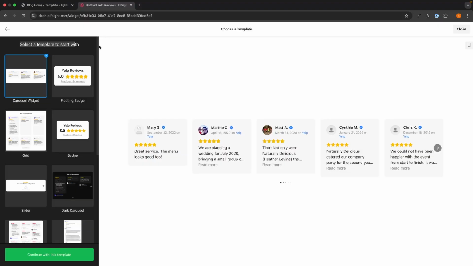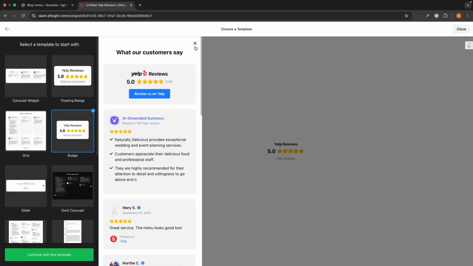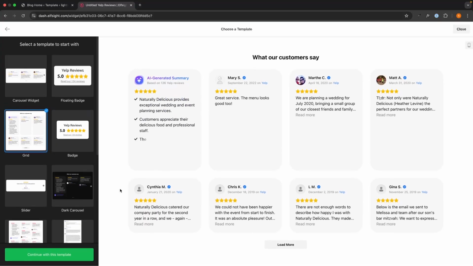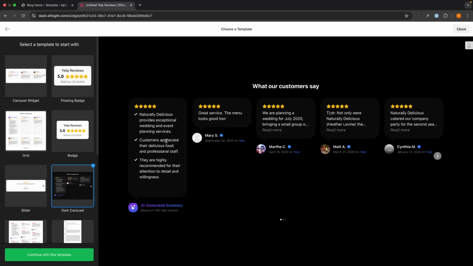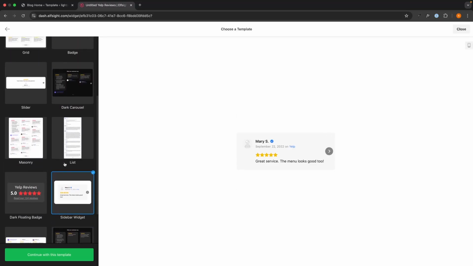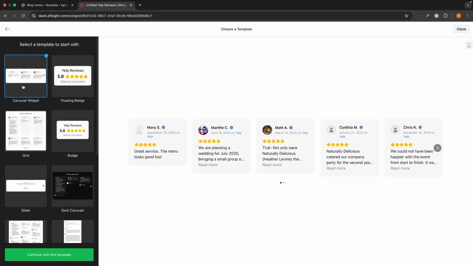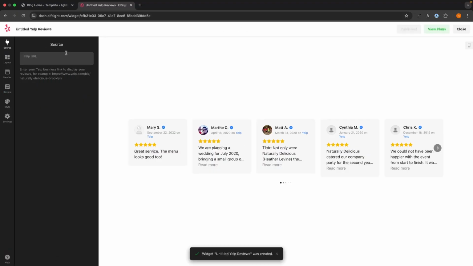And we can now choose which template we want to start with. We have a few different templates in here. We have a badge that we can click on and then it opens at the side. We have a grid view. We have a dark carousel. This is for dark websites. This one is for dark websites as well. But you essentially just want to flick through and choose which template you want to use. I'm going to go with this one. This is my favorite widget. It's the carousel widget. So once our template has been chosen, we can click continue with this template,